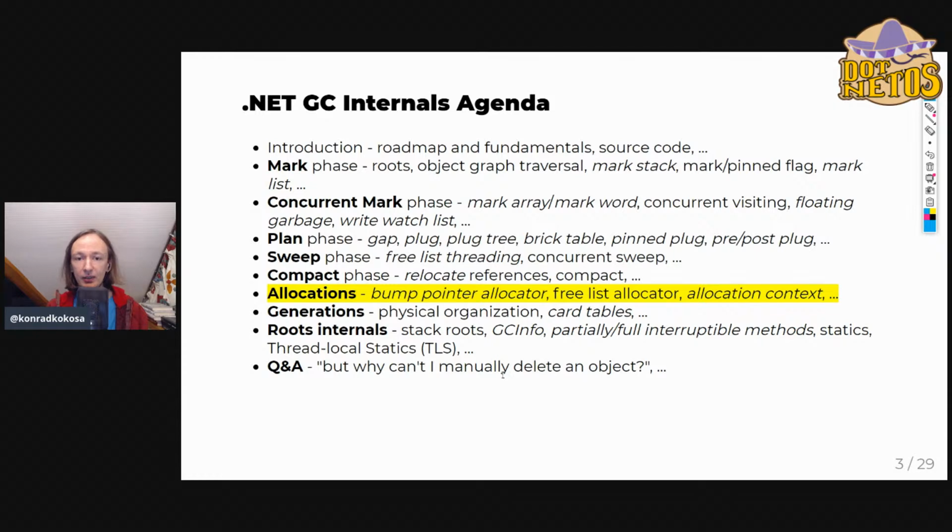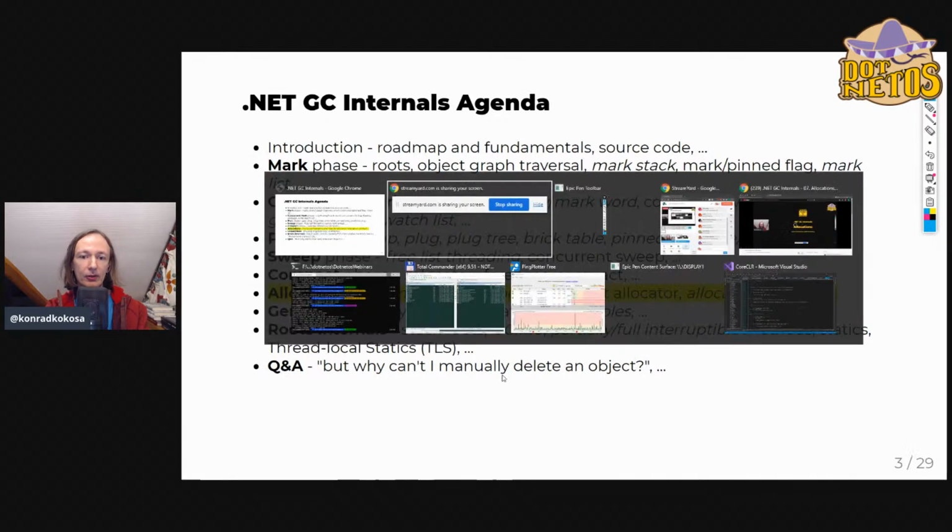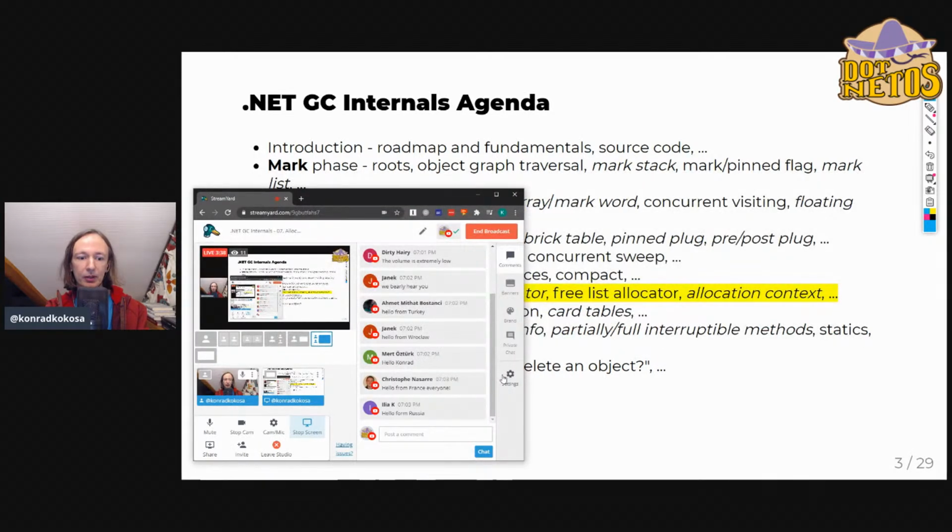On the one side, it is able to reclaim memory, but it needs to cooperate with the whole runtime to allow creation of objects, and this creation of objects needs to be aware of how they will be reclaimed, and the whole allocation stuff needs to be aware of how the GC is working. So in the end, the allocation, and maybe we can say the allocator, is just a part of the GC. That's why we are covering it here. Obviously, it is also super important from the perspective of the